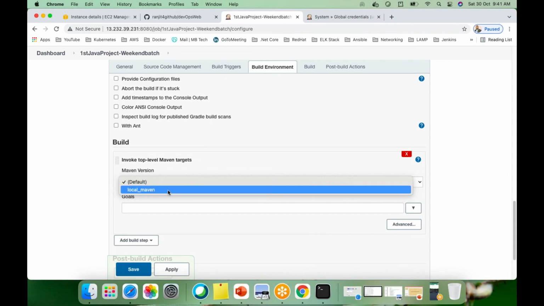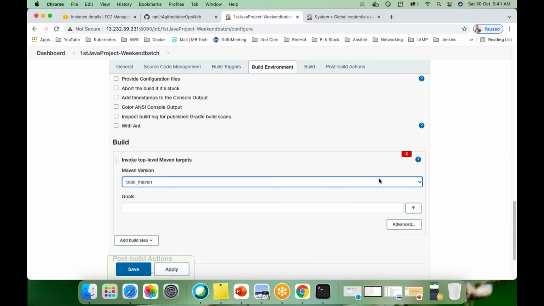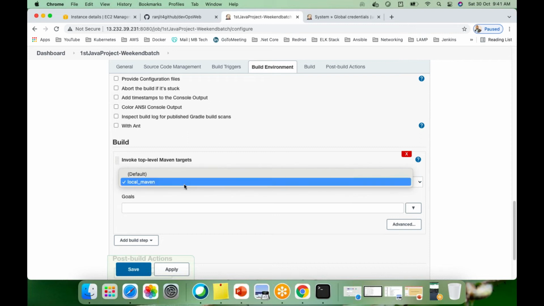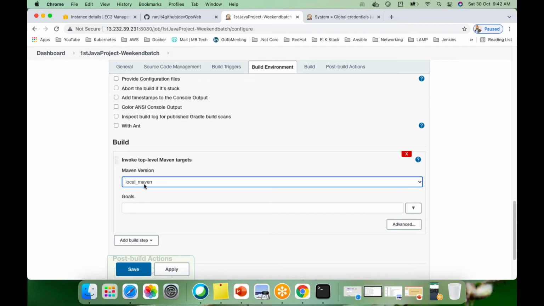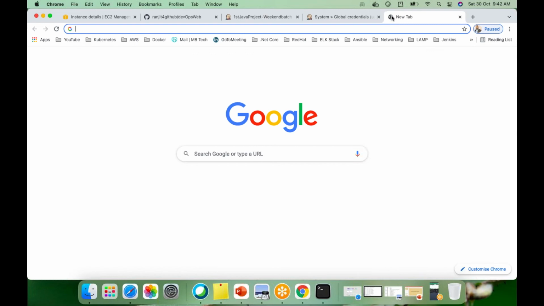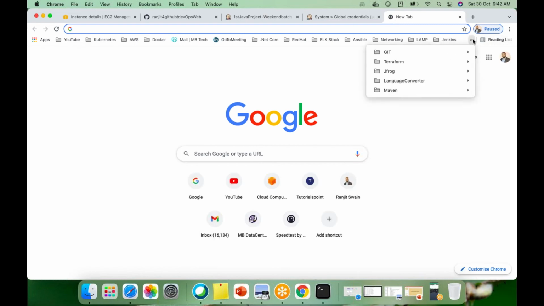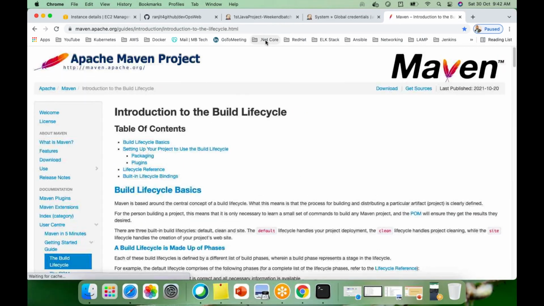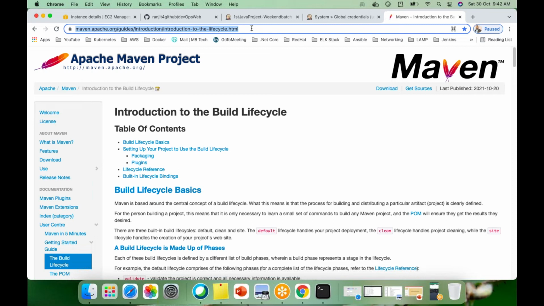Now the next section is build. This is what is required. We have to build this project as a Java project. See, there are lots of options. Again, these options will come based on the plugins you install in Jenkins. Based on the plugins, it will be available. I have Ansible plugins installed, so I get the Ansible details. I have Maven and Gradle installed, so I have Gradle there. I have Ant plugins, so I got Ant, right? Then I have Maven, so I can use this